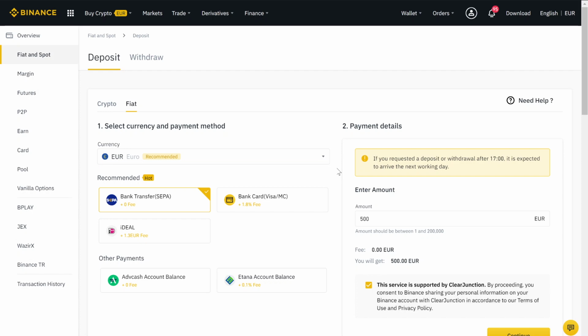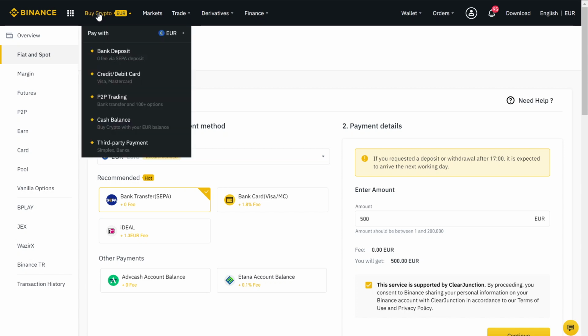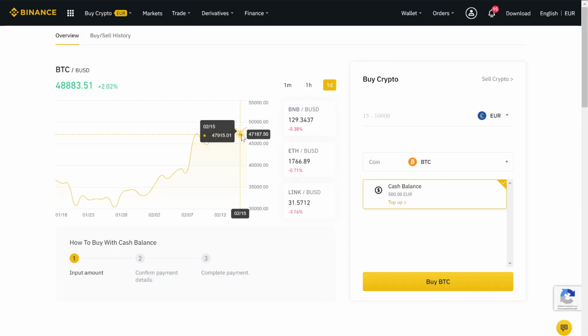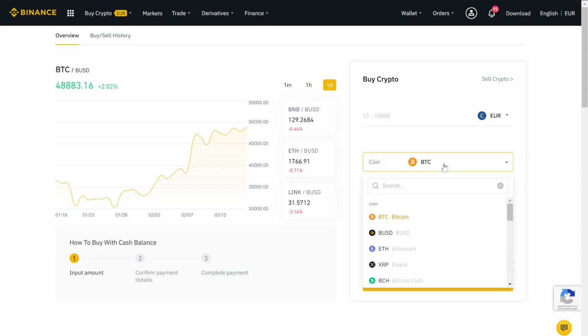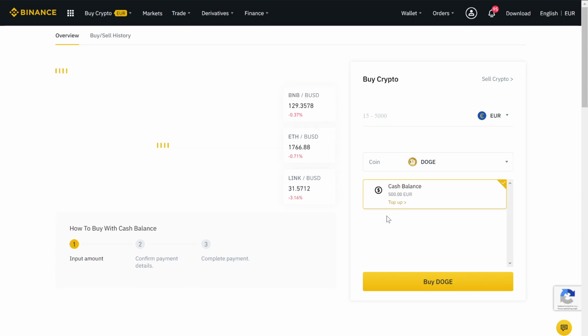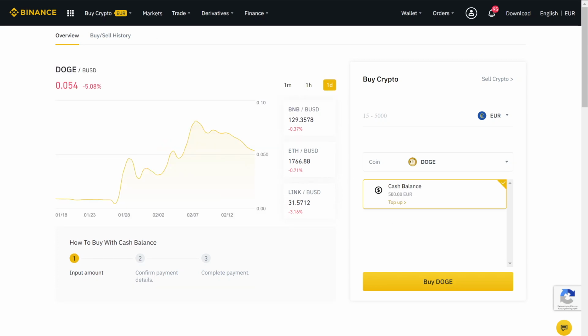When the money is in your account you can click on buy crypto and then on cash balance. After you will come to this page where you can buy crypto. At first you can check if your money is available. You see I have 500 euros available, and the second thing will be that you just choose your coin you want to buy. For example Dogecoin, just search for it and click on it, and now you see the Dogecoin